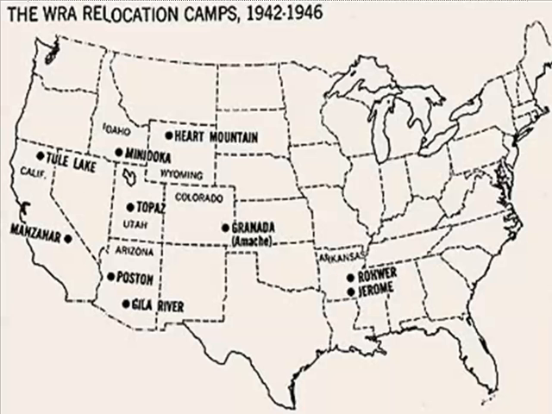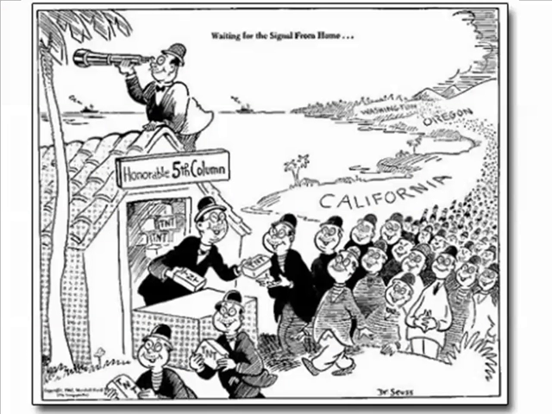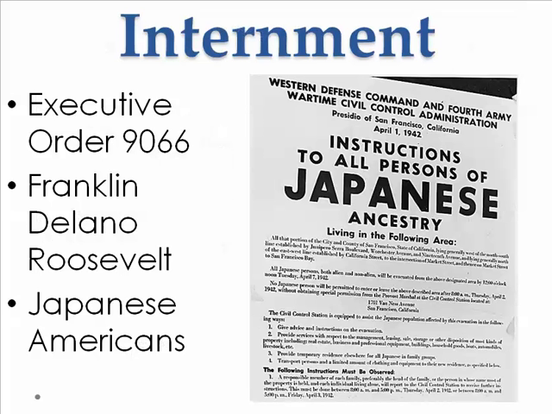And here's a cartoon showing the general idea of why they did it. There's a map: California, Oregon, Washington here on the West Coast. And it shows all these Japanese people lining up. And this is Dr. Seuss, by the way. And then it shows this guy looking through this looking glass, he's waiting for the signal from home. And this Japanese guy is handing out TNT or bombs so the Japanese here could use to get into the war effort against the United States. That was the idea and the fear behind the Japanese here living on the West Coast, and that's why Executive Order 9066 was given by FDR.